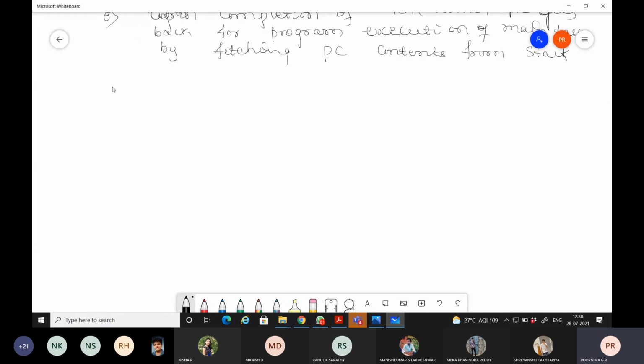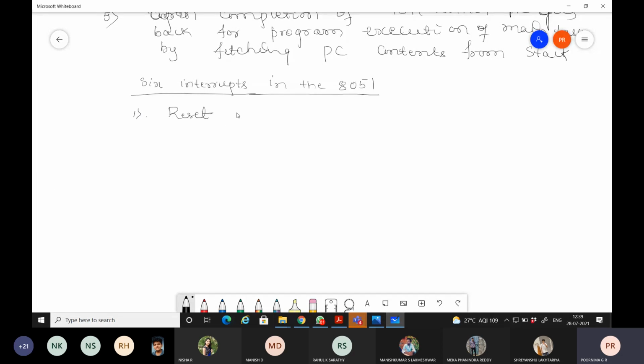Okay. When you are considering the interrupts, you may get a doubt about how many types of interrupts we have in 8051. So 6 interrupts we have in 8051. Which are those then? How do we distinguish the interrupts? Normally, you can see the 6 interrupts of 8051 as follows. The first interrupt that is considered for 8051 is reset.